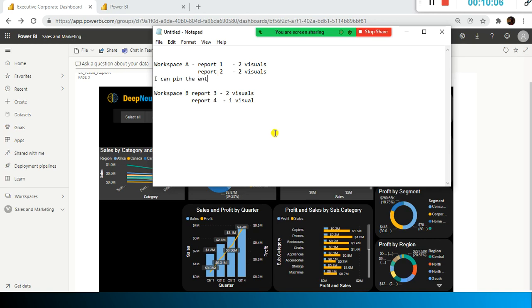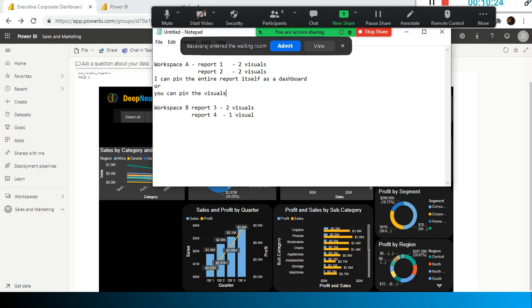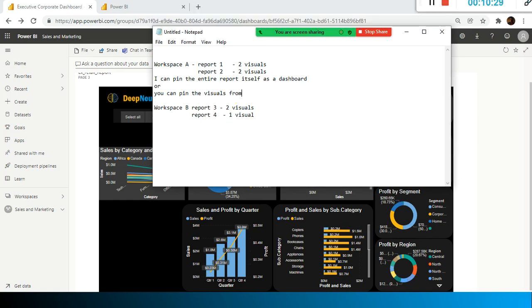And then I can pin the entire report itself as a dashboard within the same workspace. I can pin the entire report itself as a dashboard, or you can pin the visuals from different reports to a new or existing dashboard.